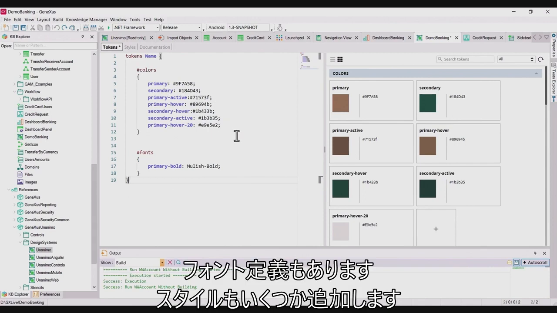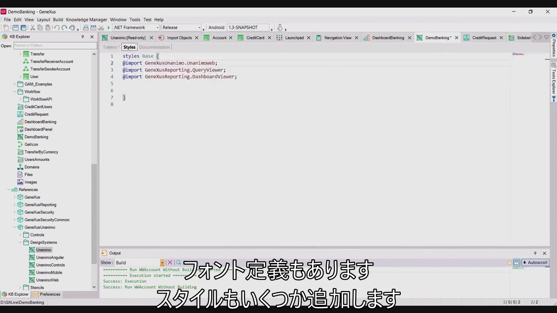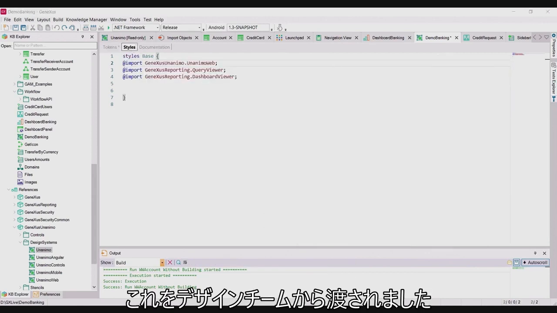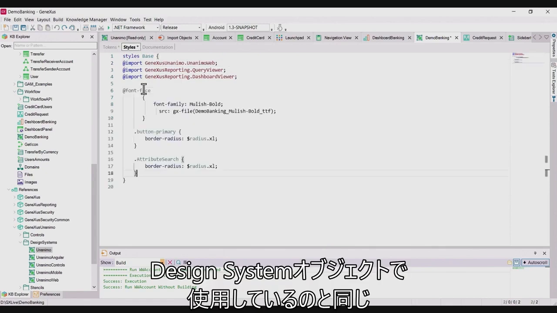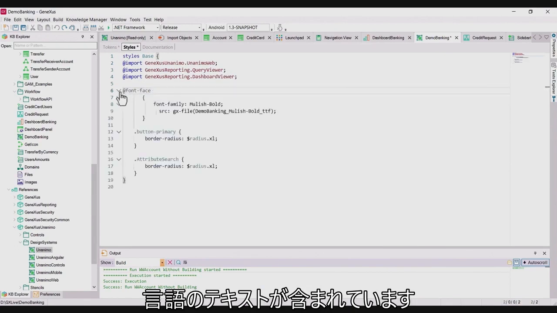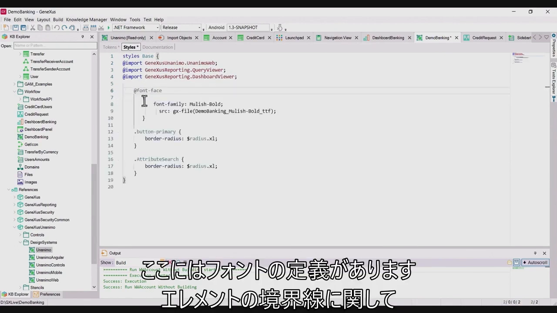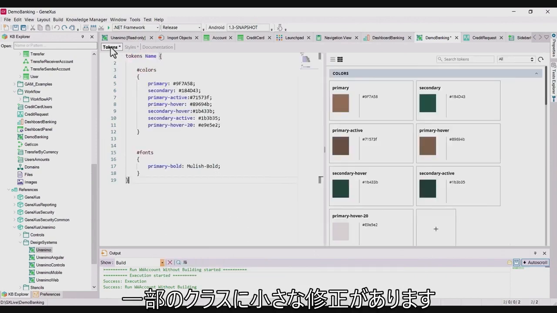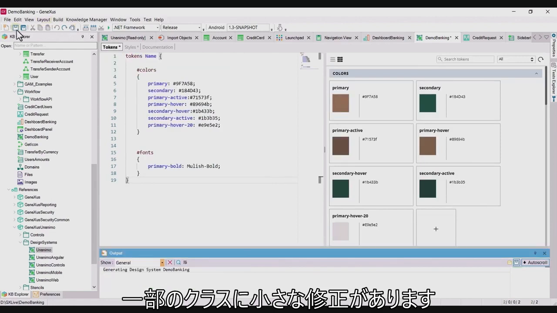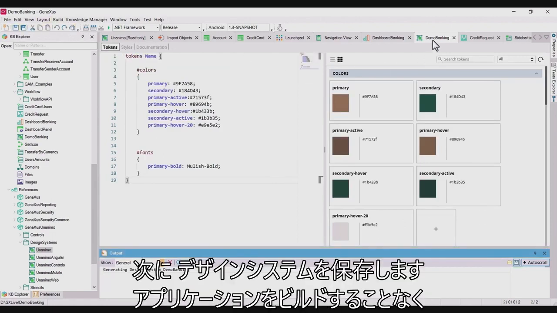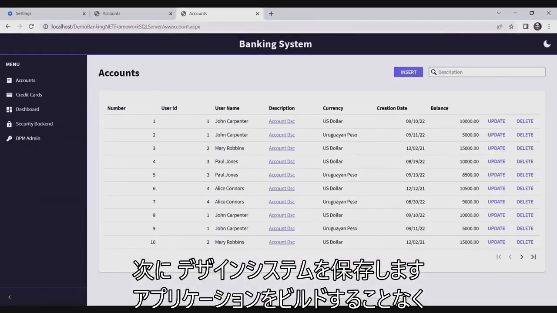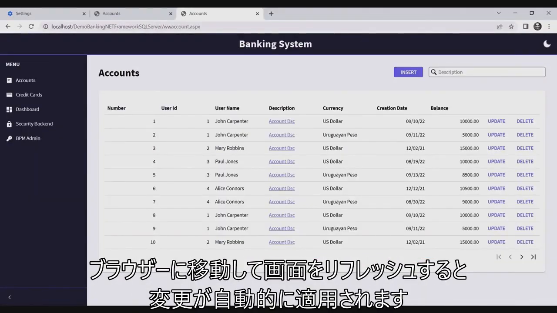I also have the definition for a font, and I'm going to add some styles. This is something that I got, as I said, from the design team. Probably the text was in the same language as we're using in the design system object. So here we have the font definition and some minor modifications in some classes regarding perhaps the edges of the element. So I'm going to save that design system, and without having to build the application, I'm going to go to the browser, I'm going to refresh the screen,